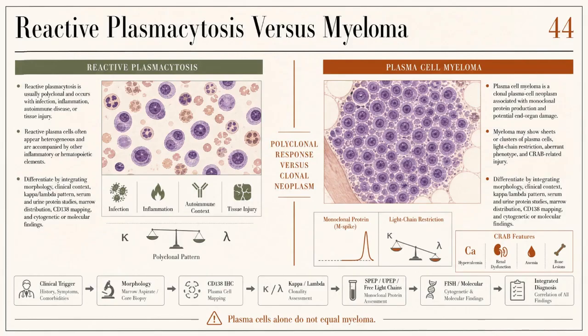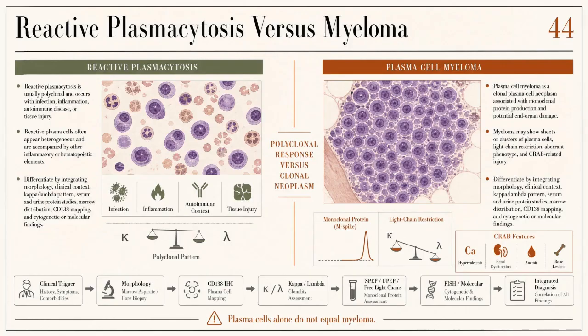Molecular and cytogenetic testing further refines diagnosis by identifying chromosomal abnormalities or gene rearrangements characteristic of myeloma, such as translocations involving the immunoglobulin heavy chain locus. Clinically, reactive plasmacytosis lacks the defining CRAB features: hypercalcemia, renal insufficiency, anemia, and bone lesions that are often present in myeloma. Laboratory studies in reactive cases show polyclonal immunoglobulin production without a monoclonal spike on serum or urine electrophoresis. In contrast, myeloma patients typically demonstrate a monoclonal protein spike and abnormal serum free light chain ratios, which are critical